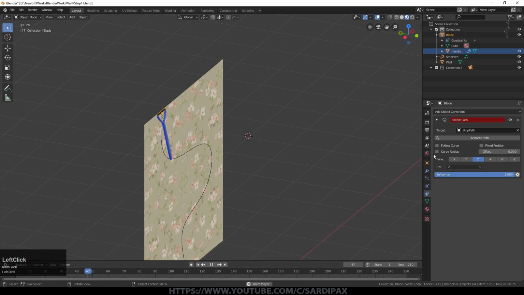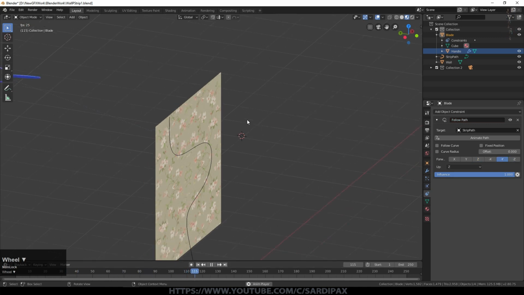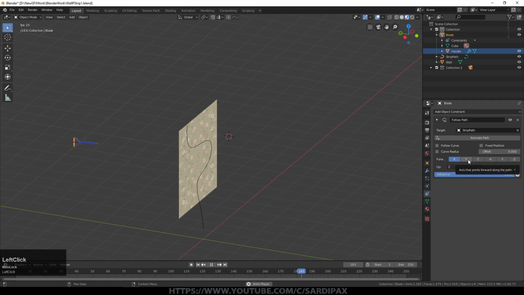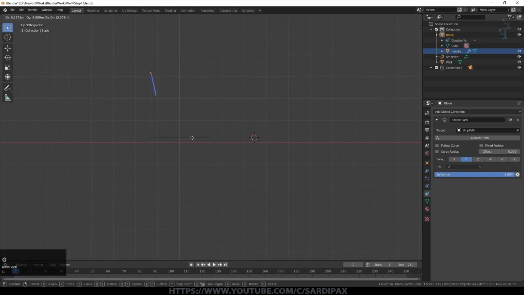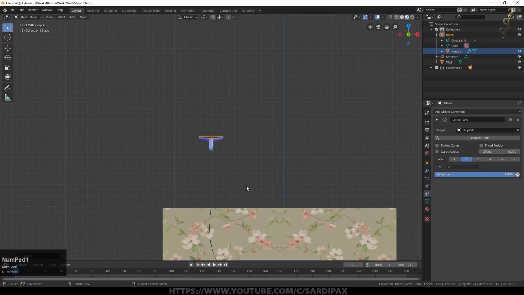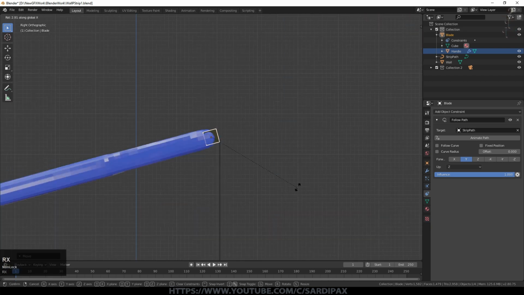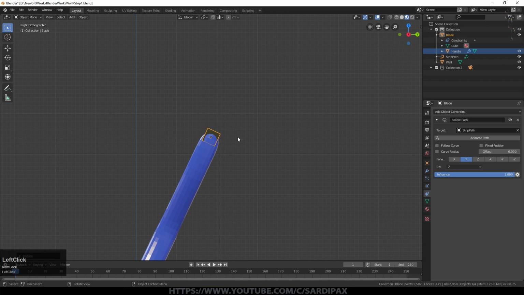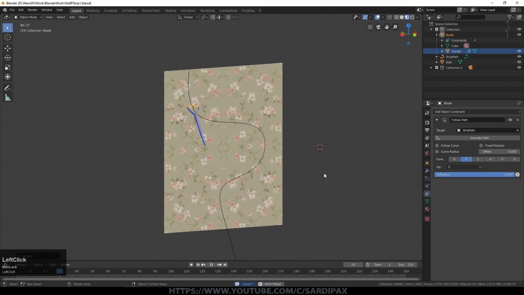At the moment it's not moving, so if we try some of the other options, we can see there that it is moving, but we just need to deal with that slight offset. And you can see, because I set it manually, it is taking the full 250 frames to travel that whole path. So you can just accept the default. I need to bring that offset back, just bring that blade back in, rotate Y 90, GZ just to bring it down to where I wanted it to start, and then rotate X to about the sort of angle that I wanted. And if we now press play, we can see we've got our cutter cutting along the path.